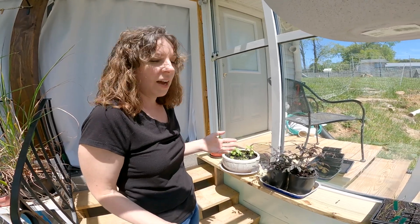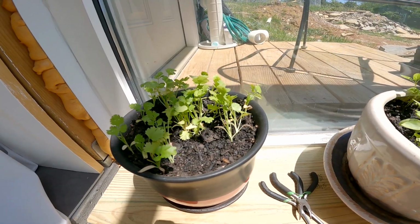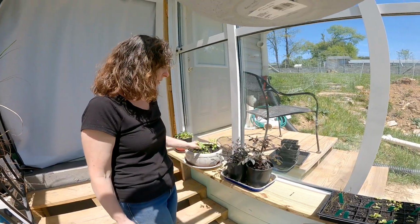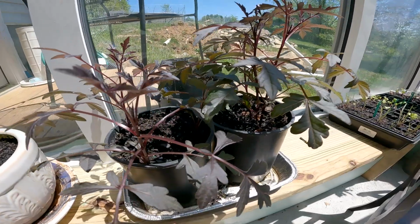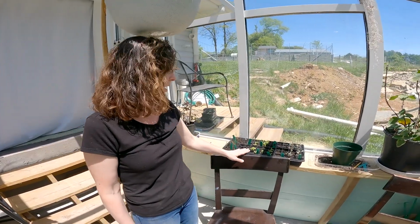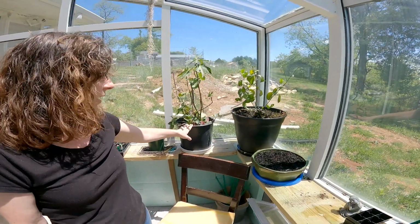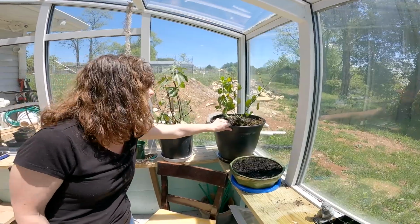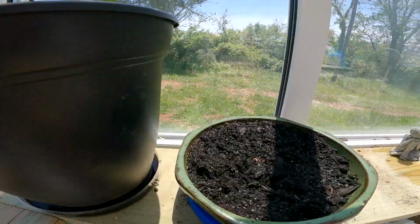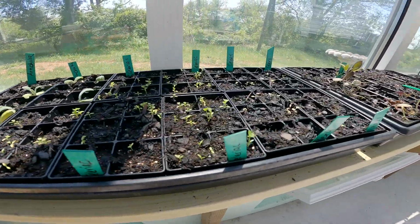So real quick, what I've got and how it's doing, even though this isn't a plant channel. Cilantro, I love cilantro fresh. This is basil. These are doing fine. This is a dahlia that I have to lift every year, and I'm just getting it started before it goes outside. Some brassicas, some salsify, a sad fig. This is either the lemon or the lime. This is the lemon, it's on the side now. I just planted ginger. I love ginger for the medicinals. Celery, celeriac, artichoke,